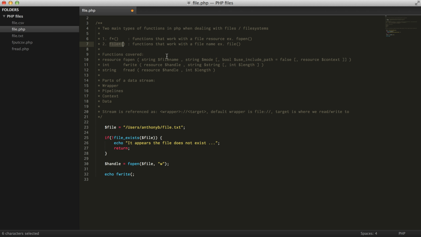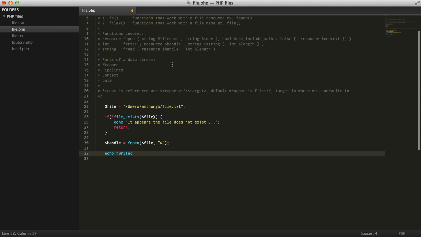Anything starting with file deals with just a file. So fwrite would write to our resource that we've defined already, which is our handle, and fwrite also takes a string,